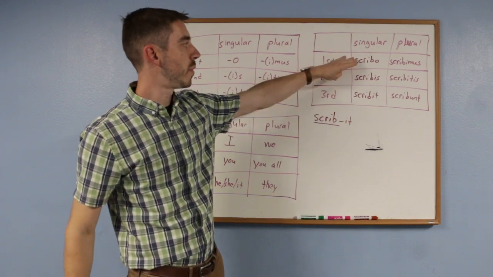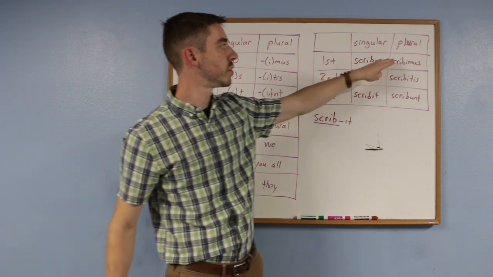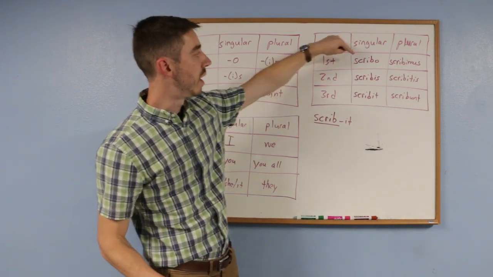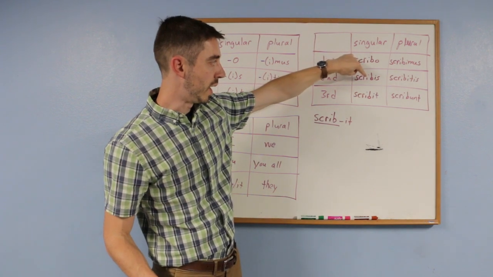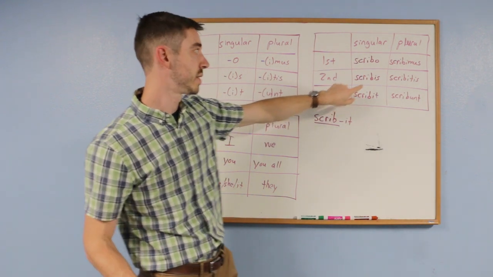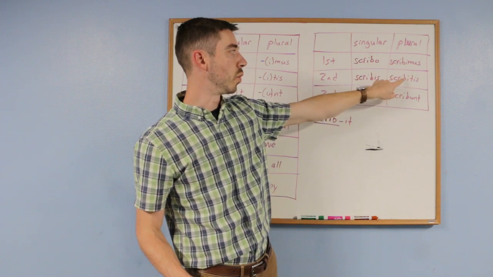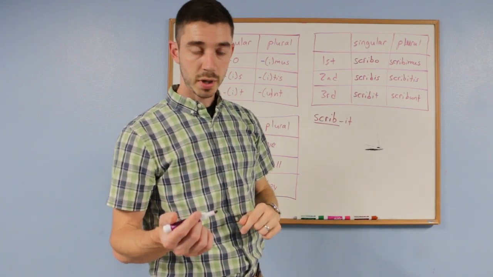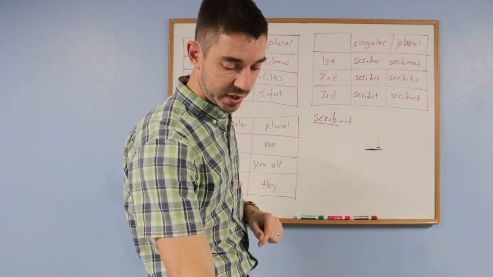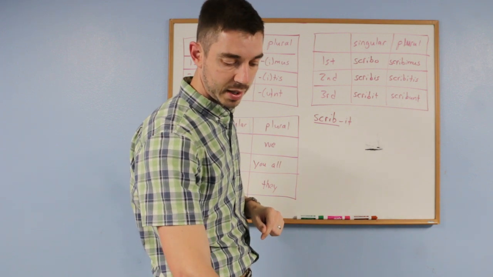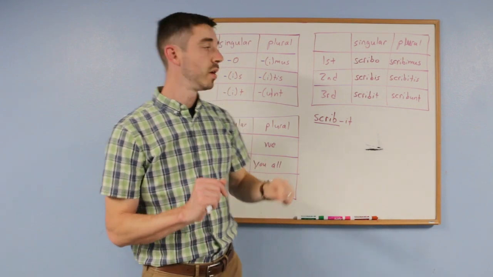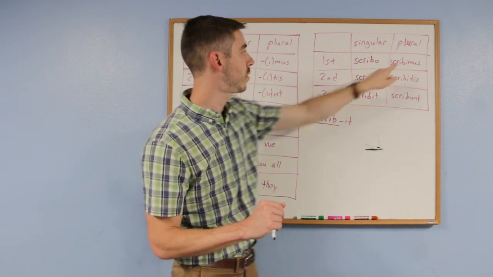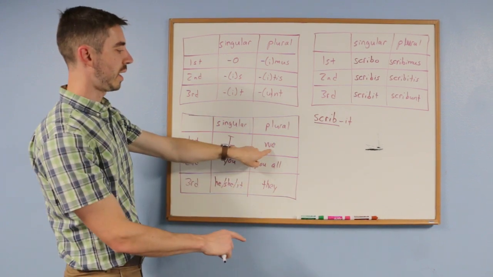Okay? Scribo, scribis, scribit, scribimus, scribitis, scribunt. That means I write, you write, he, she, or it writes, we write, you all write, or they write. So if this was in your book, like on page 6, where they have it for dicit and surgit, if I asked you scribimus, you could look right here, and you can say, ah, that's we